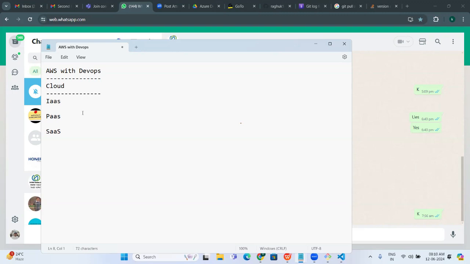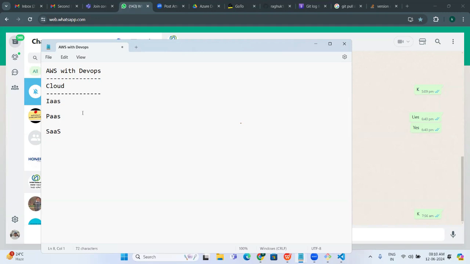It comes with the underlying hardware, and they'll install all the required applications. You just deploy your data, your developer's code, that's it. Software as a service is everything created for you, like Gmail or Outlook. You just create an account and use it.